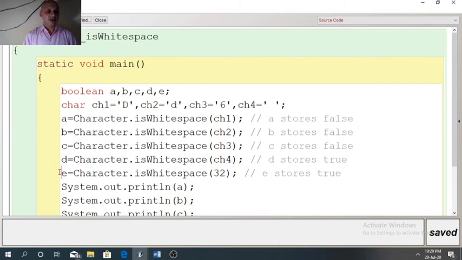Now what about E? Here I have entered 32 in the bracket, which is the ASCII code of space. So last two, both are spaces. So we will get true value. Now see the result.